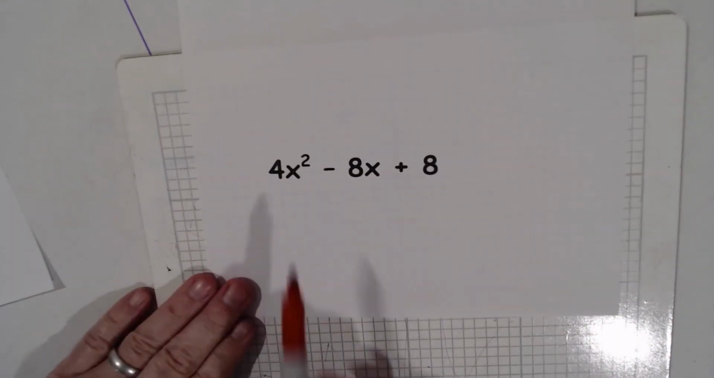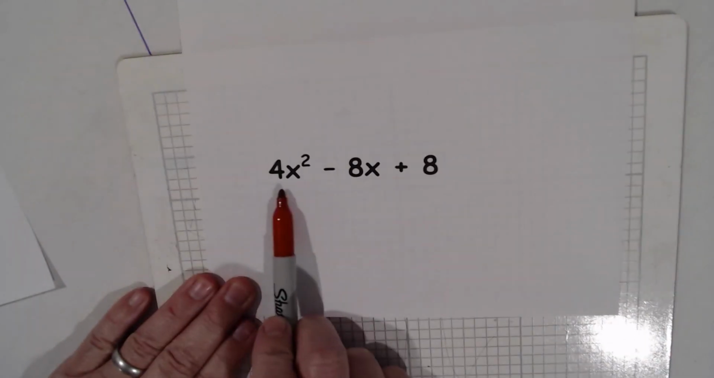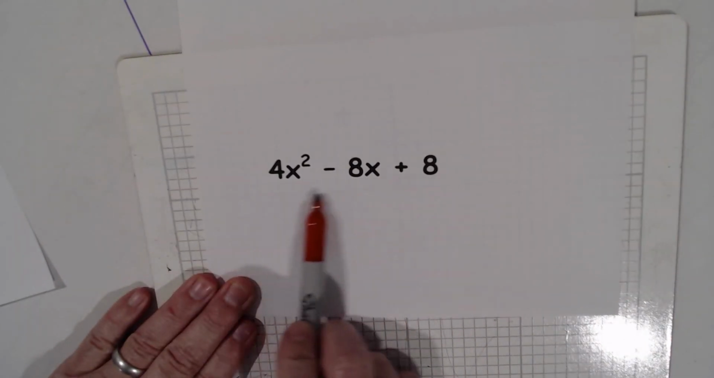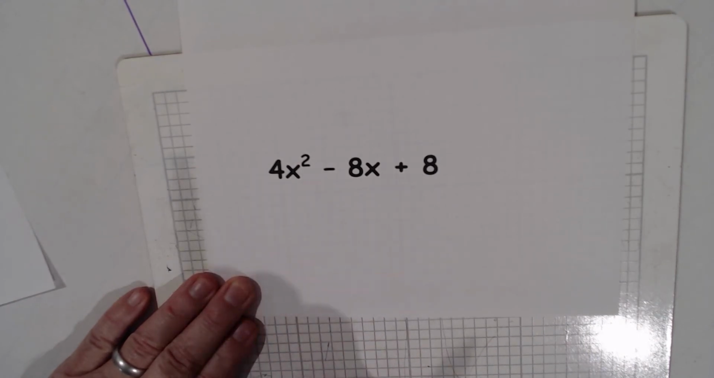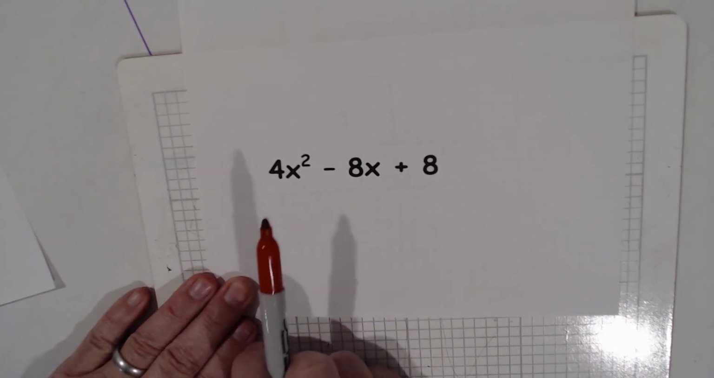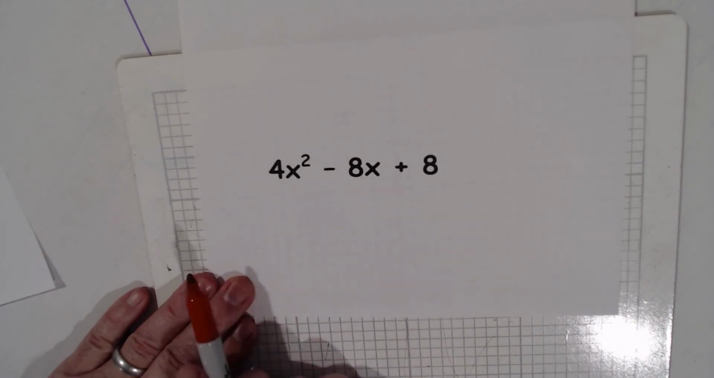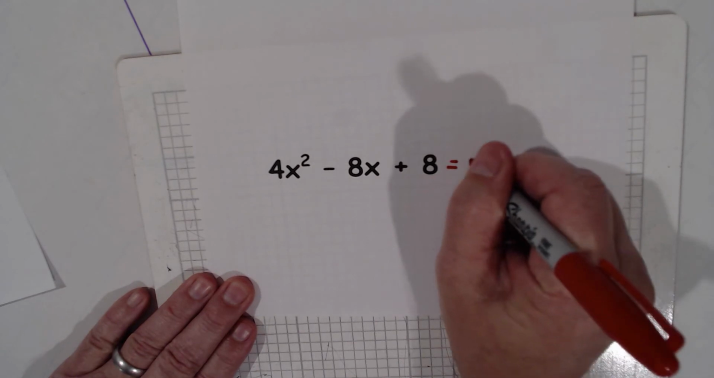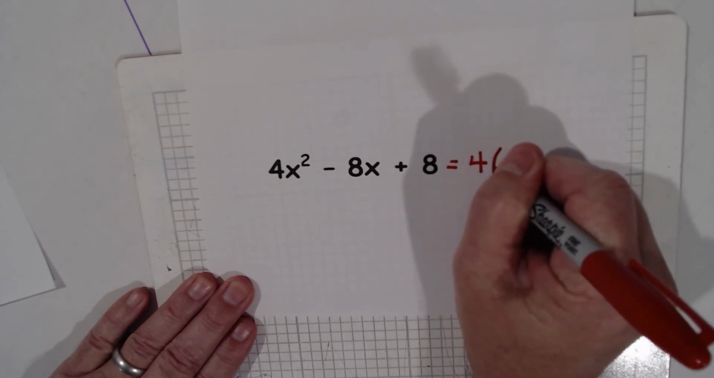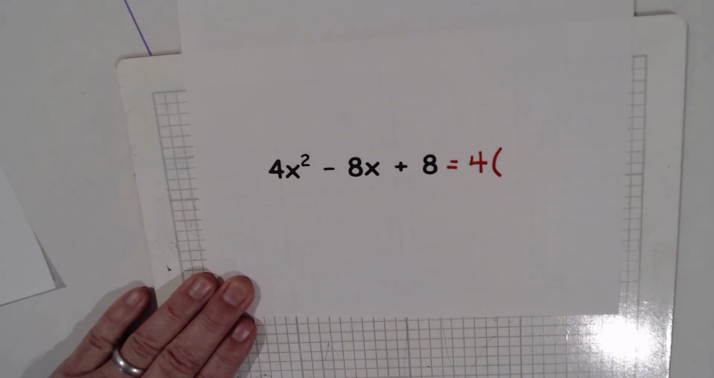Instead of finding the greatest common factor of just the first two, I find the greatest common factor of every term that they give me. Doesn't matter how many it is. So I need to find the biggest number that will go into 4, 8, and 8. 4 will go into each one of those, and I think it's the biggest number that it'll go into each one of those. I put a 4 on the outside of the parentheses,